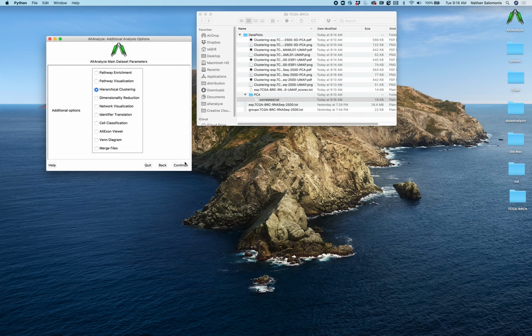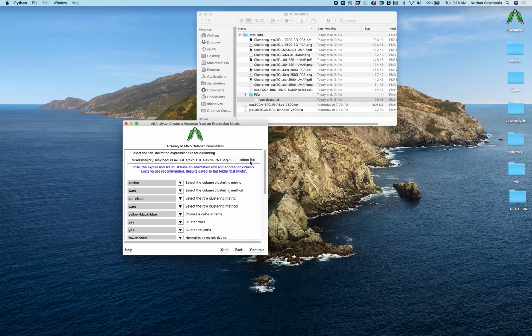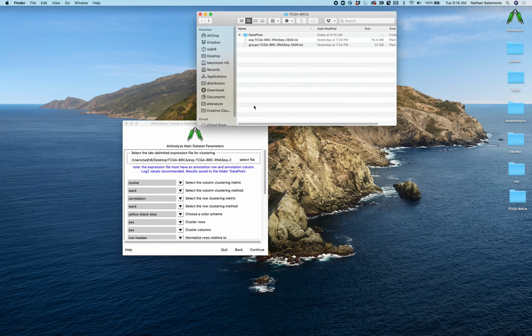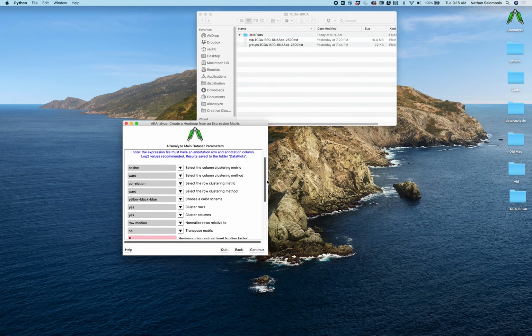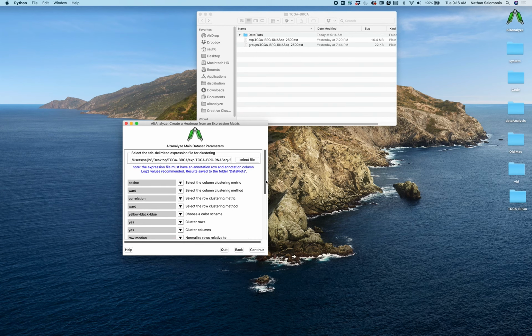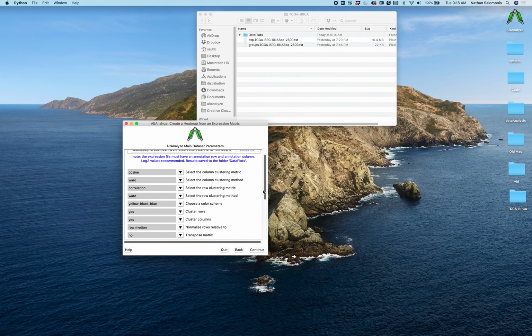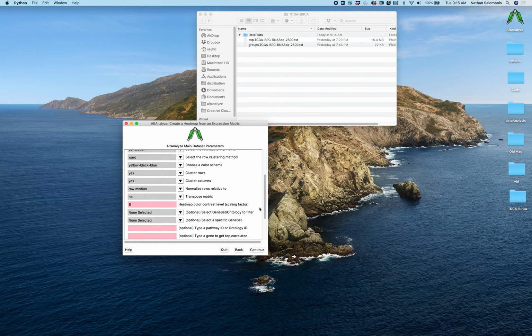So now if we go to hierarchical clustering, it by default is loading the same expression file. I'm going to go ahead and hide this data plots folder. And there's a number of default options for clustering here. And so I could cluster all 2,500 genes, and that's fine. That's a reasonable thing to do, but often we may actually want to select fewer genes that